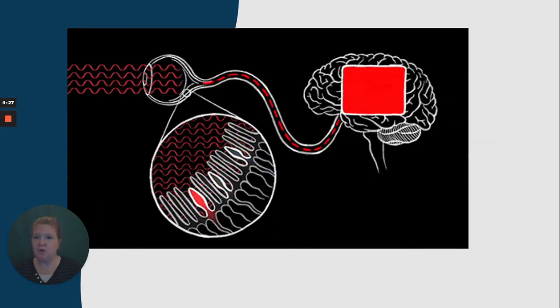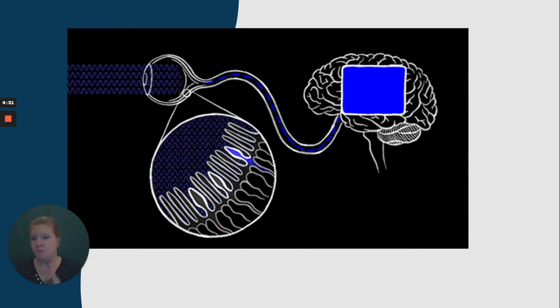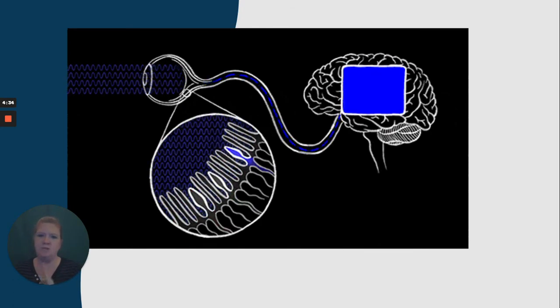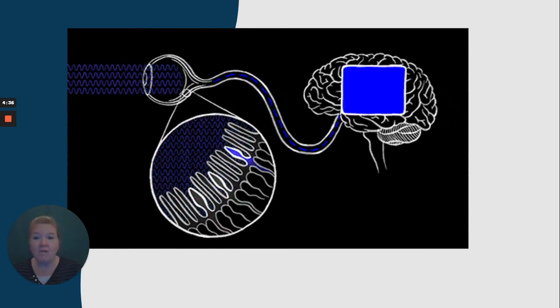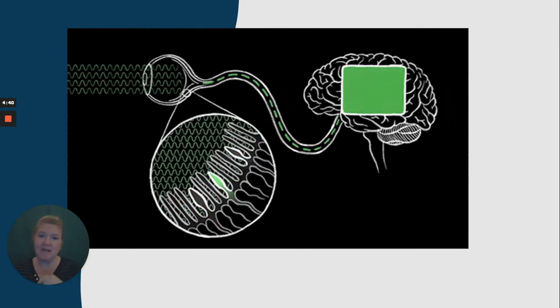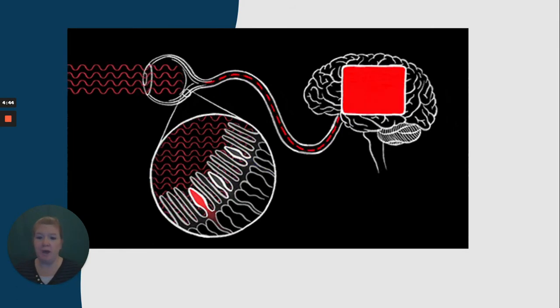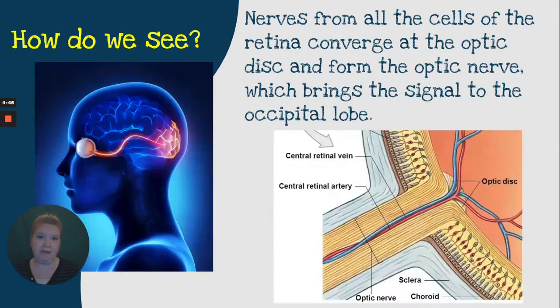All right, so here you can see light passing through the cornea, through the pupil, through the lens, to the retina, and then all of those signals are collected and they are transmitted down the optic nerve to the occipital lobe of your brain where we interpret that. Okay, so nerves from all the cells of the retina converge at the optic nerve, and there's this structure that's formed right here,